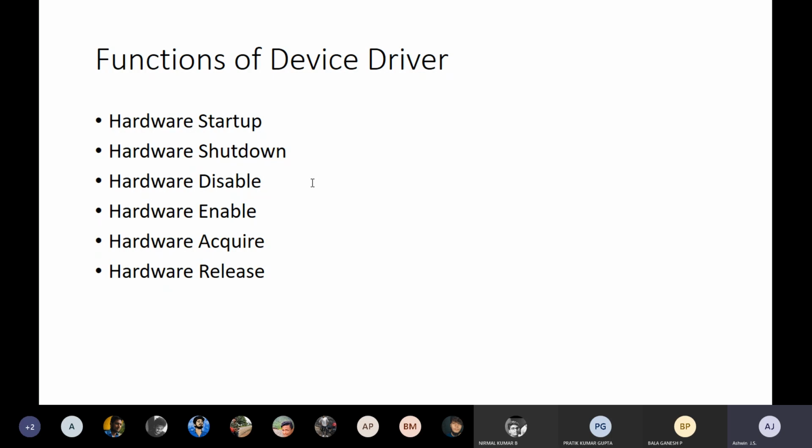Sometimes it is not working, so I disable and then enable it, so that it resets everything and the device functions properly. Like when the OS is hanging and not working properly, you restart using the power shutdown. So these are the disable and enable functions.